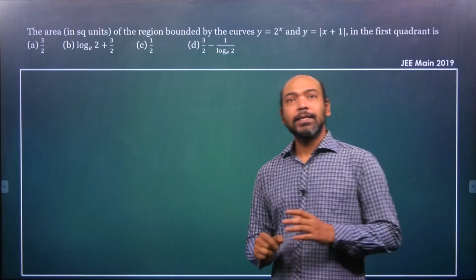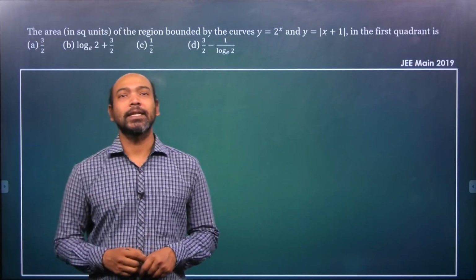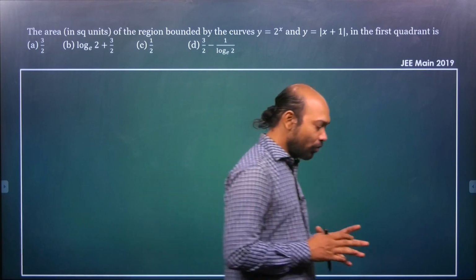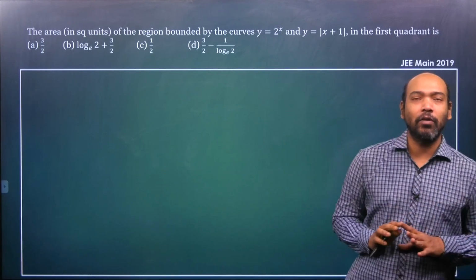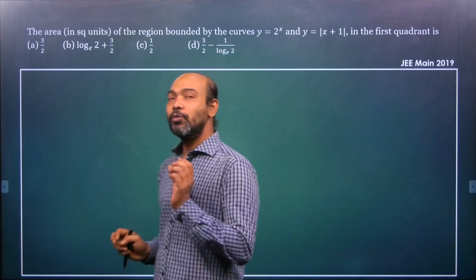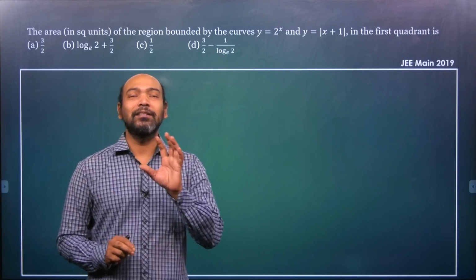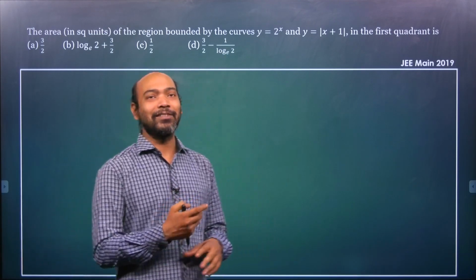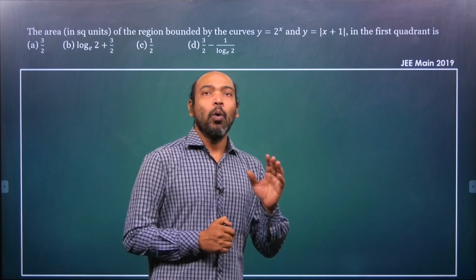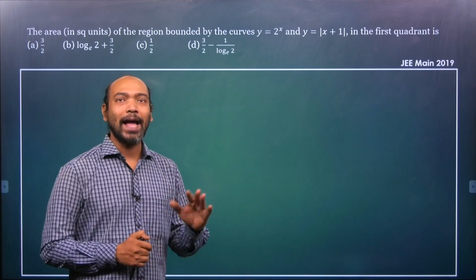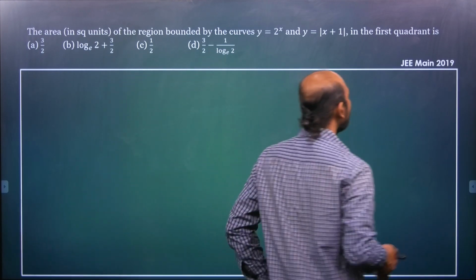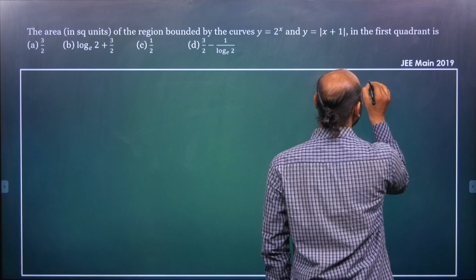Hi all. See this problem which appeared in the 2019 main paper. It's asked to find out the area directly, straightforwardly, so we don't have to think much. We have to find the shaded region or the required region. So what's that region? It is bounded by y equal to mod of x plus 1 and y equal to 2 to the power x, right? So we just consider the curve, right? So the given curve,